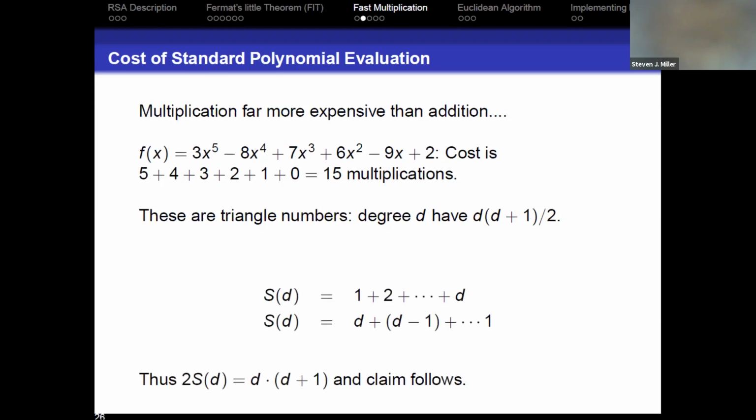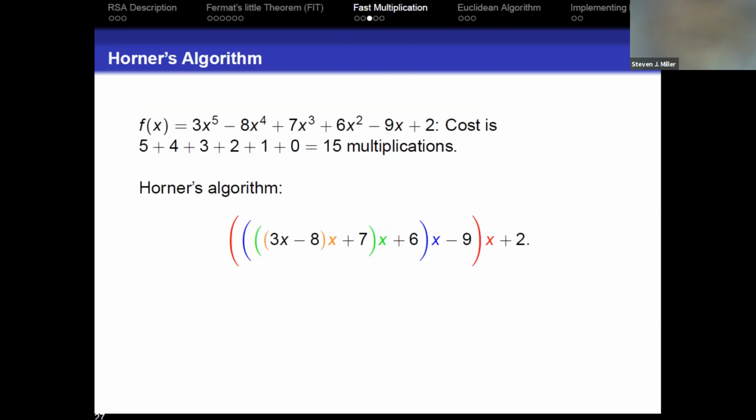And this is just the proof of how to add them. Okay, so here is Horner's beautiful algorithm. It converts an algorithm of order d squared to an algorithm of order d. And what you do is the following. Well, look, it's kind of stupid to compute x to the 5th and x to the 4th separately, because to get to x to the 5th, I go through x to the 4th, and to get to x to the 4th, I go through x cubed. So let's rearrange the computations in a more clever way.